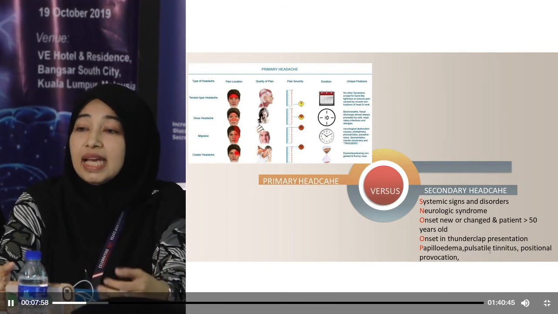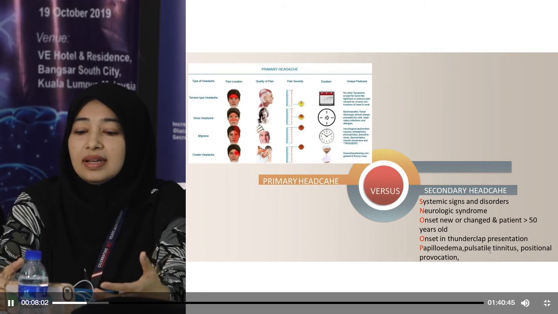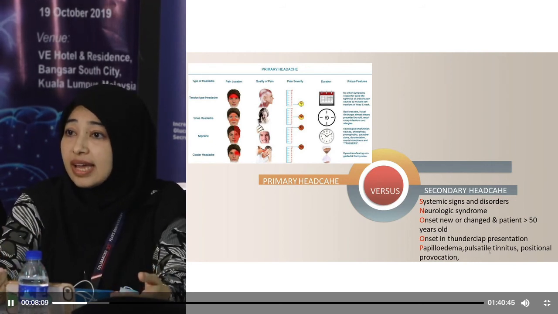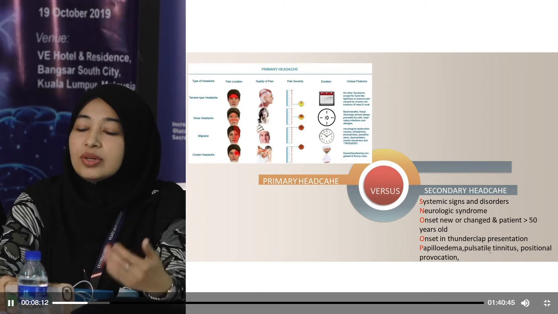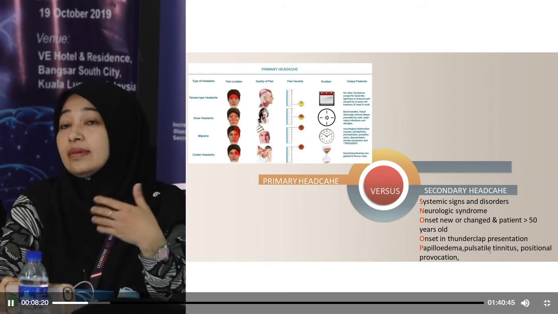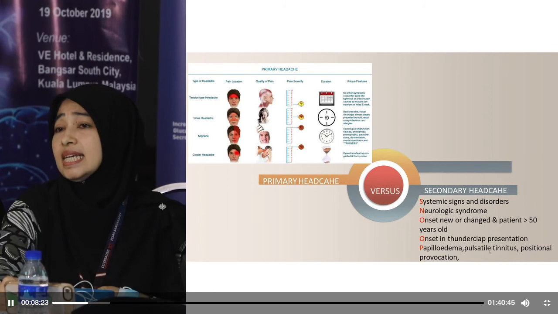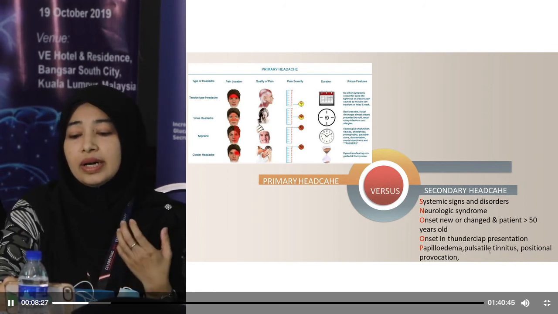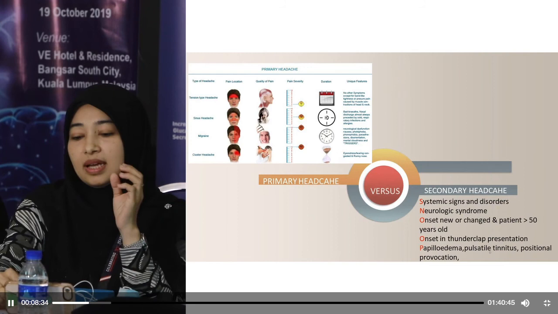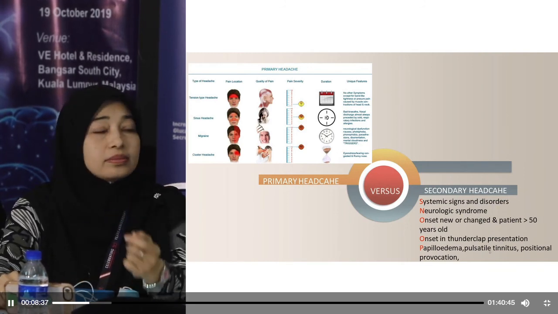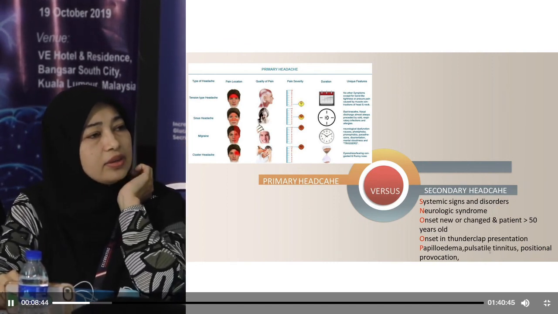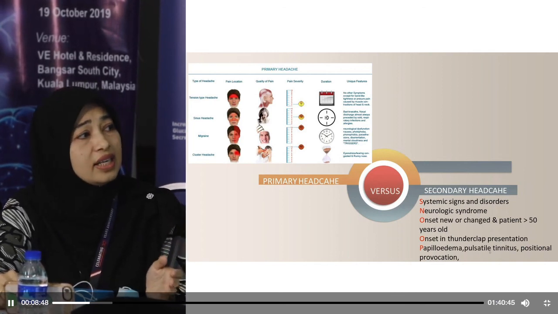In tension type headache, they are usually a band-like tightening over the forehead, and they tend to be a boring type of headache, and they're usually recurrent attacks. And there's also another primary headache that you should not miss, which is cluster headache. In neurology practice, cluster headache is actually not very common in Malaysia. Importantly about secondary headache, when you identify the red flag signs, the SNOOP mnemonic, then you should be able to go through a few differential diagnoses of secondary headache. Like I think in this case that we are discussing today is actually a young lady with onset of